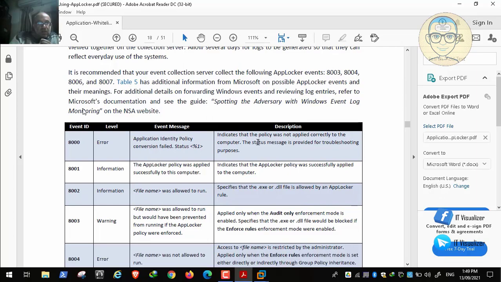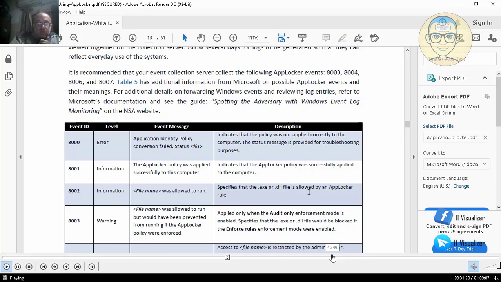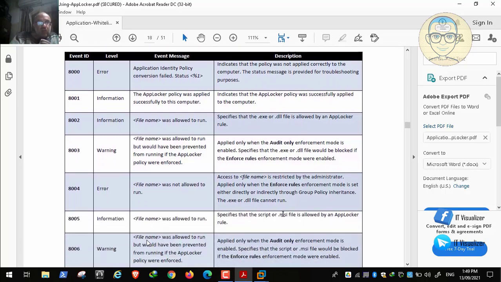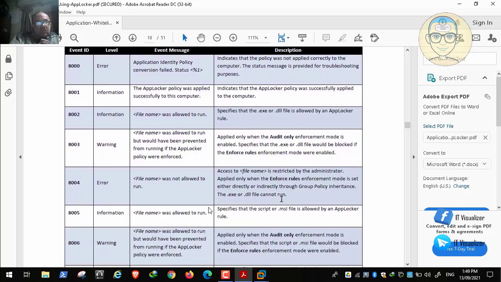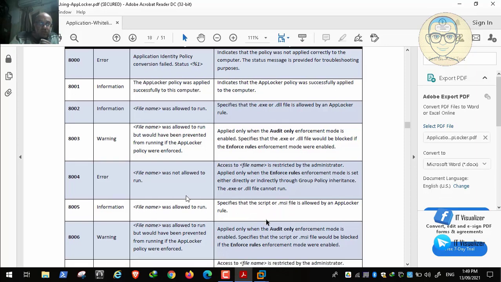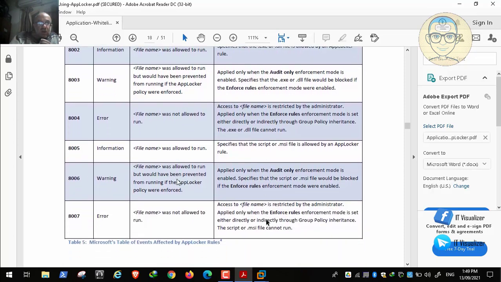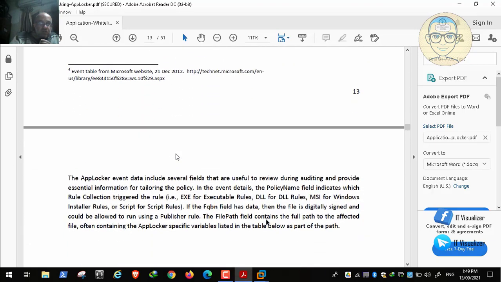Then 8004, file was not allowed to run. The file is restricted by the administrator, applied only when the enforce rules enforcement mode is set either directly or indirectly through group policy inheritance. So 8004 means that it was not allowed. This means that AppLocker is in the enforcement mode, not in the audit mode. Okay, 8005, file was allowed to run, specified that the rule of AppLocker allowed the file, so it's also in the enforcement mode. These are two enforcement modes. 8006, file was allowed to run but it would have been prevented anyway. So these are all